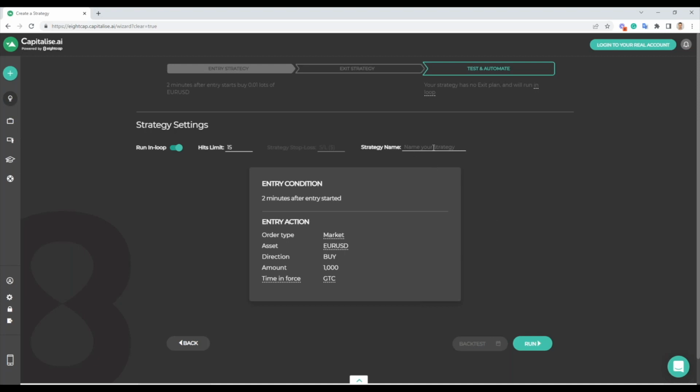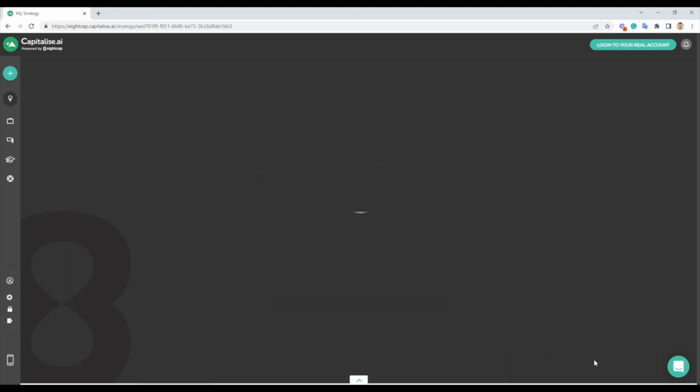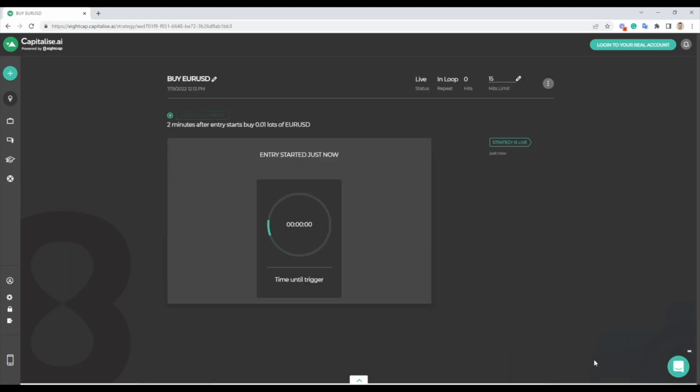We can name our strategy here. If you don't want to, we'll give it a name. And we can see here our action is market order. You don't have to use market order. You can obviously use limit order as well. I'm going to go ahead now and run, which means that in 2 minutes time now, we are going to